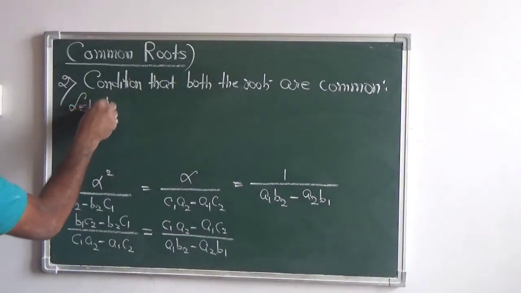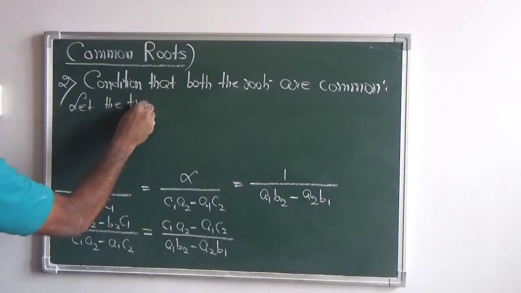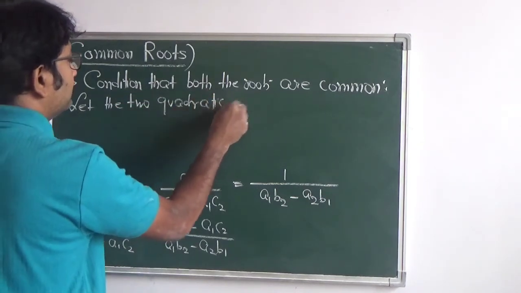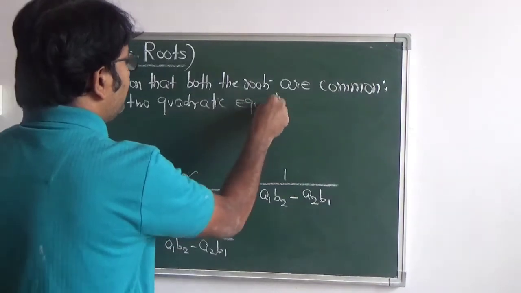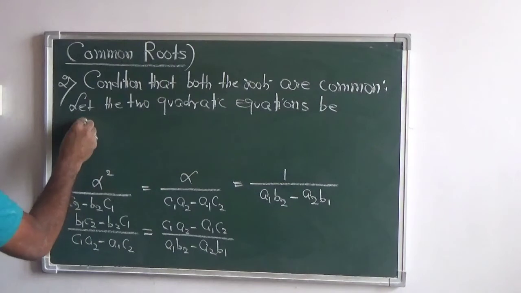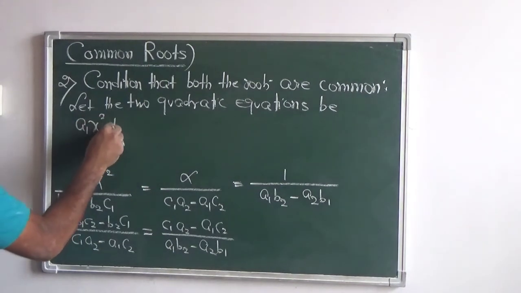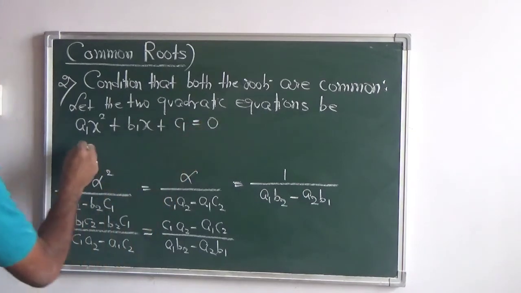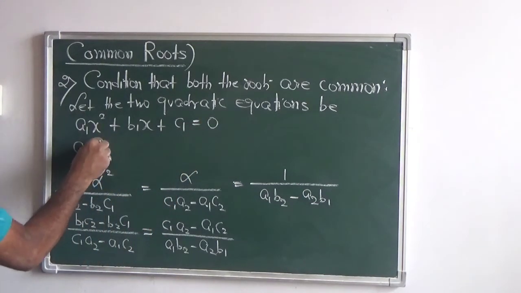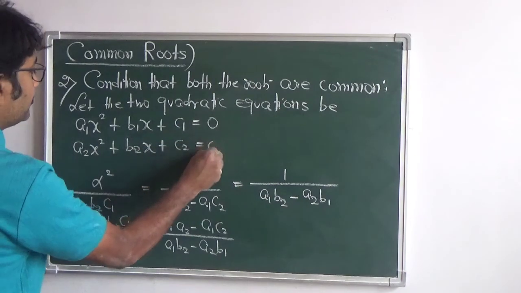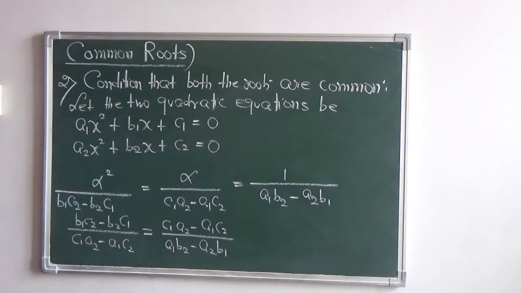So let the two quadratic equations be the same two equations, a1x square plus b1x plus c1 equals 0, a2x square plus b2x plus c2 equals 0. And since these two have both the roots common, then the condition is